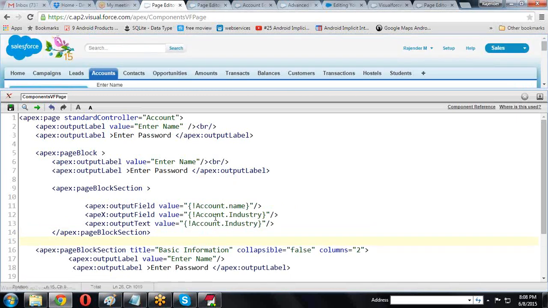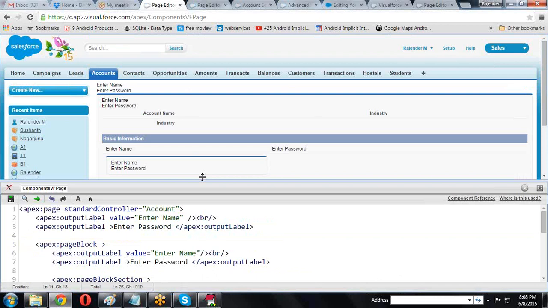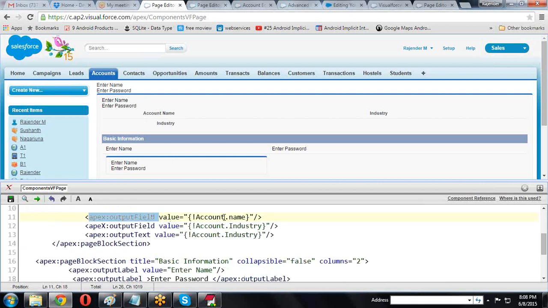Output field: whatever names are there for the objects, those names it displays. Here I am calling the output field, only name. This is account name, industry, or account dot rating.